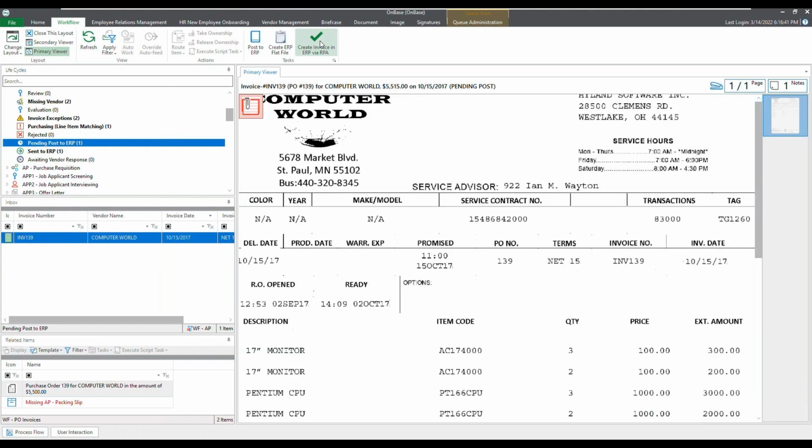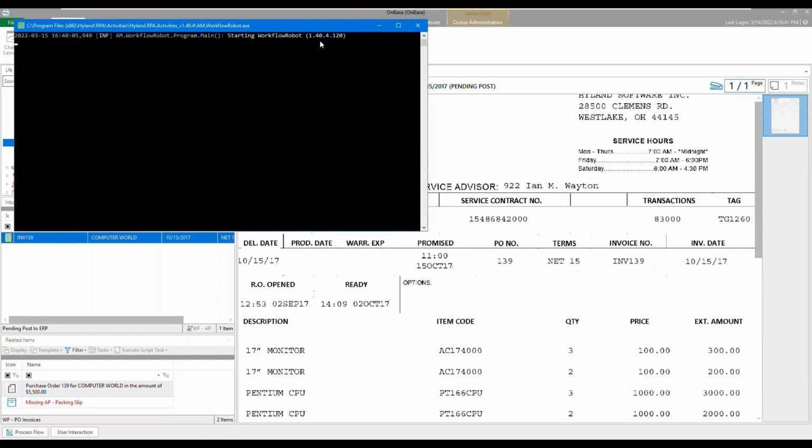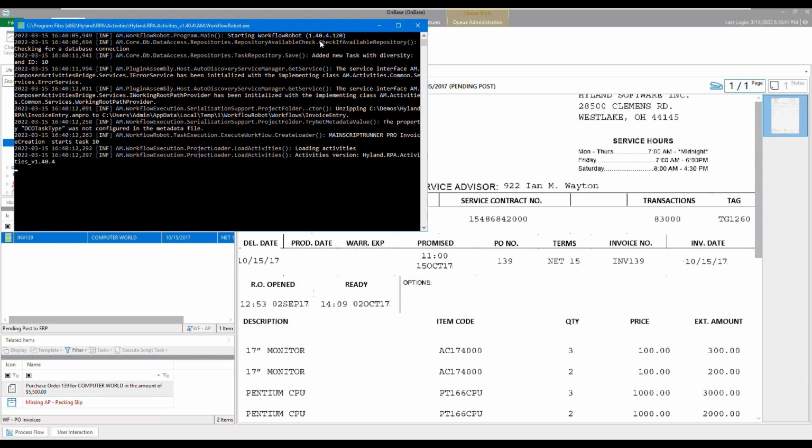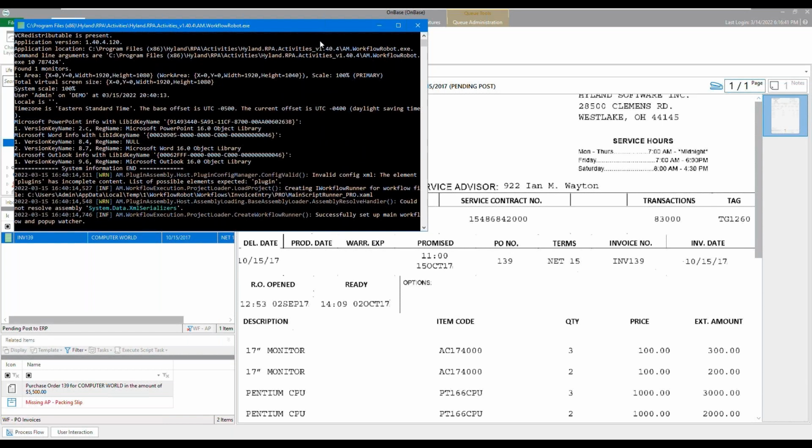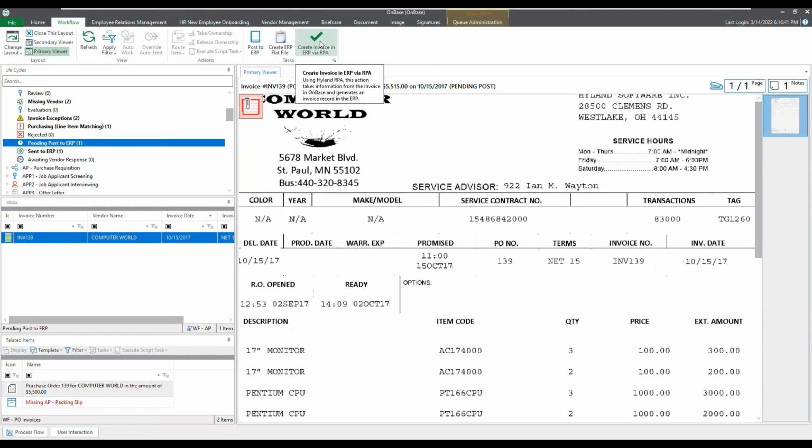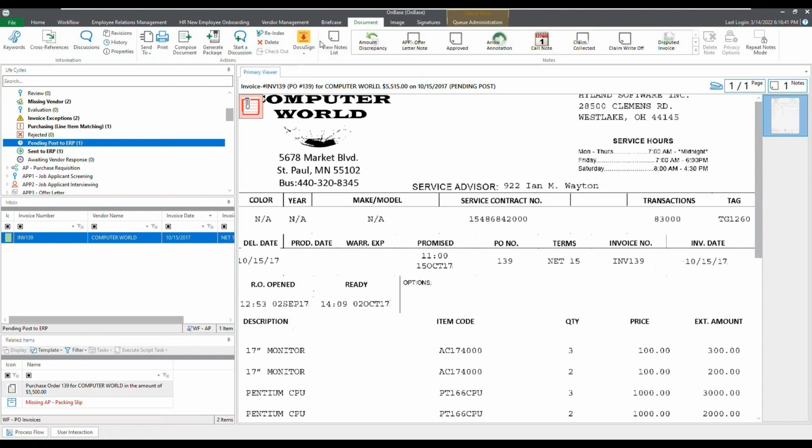Same thing, we'll communicate out to the RPA manager that there's a task to run. It'll wake up and start a bot. And of course, I have this slowed down so that it's a little easier to follow along; at full speed and running autonomously, the bots are much more efficient. But we're going to take a slightly different path this time than the last one. The first thing we're going to do is some navigation within our OnBase client to show that the bot can actually navigate OnBase. So you'll see that we're going to select the document tab at the top.